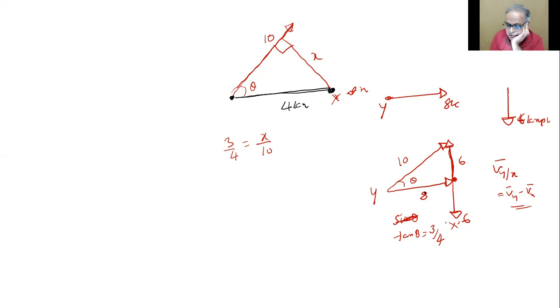Something went wrong. Just a minute. Here I wrote tan theta. This is sine theta, 6/10. Sine theta, x. This is the diagonal. Sorry. This is the diagonal here, right? So here sine theta, let me write. Sine theta is 6/10. Here sine theta is x/4. Come on, children, this is 90 degrees. So what should I write? 6/10 equals